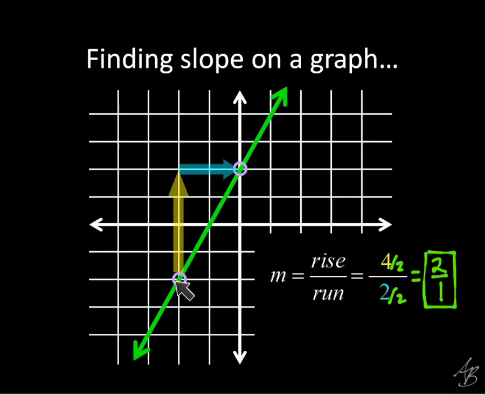Are these the only 2 lattice points that would have given us the slope for this line? No, remember, there were 3 other ones that I said we could have used. And it really doesn't matter which ones we use. We're always going to get the same answer. Since this is a line, the slope of the line is the same down here as it was up here. So you might use different lattice points than somebody around you, but you're still going to get the same answer in the end.